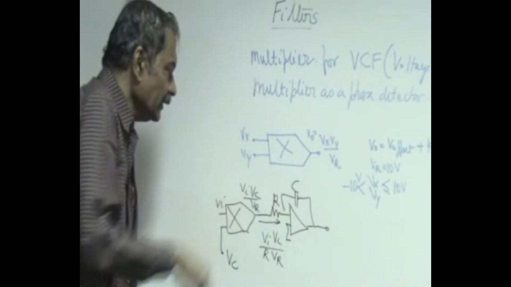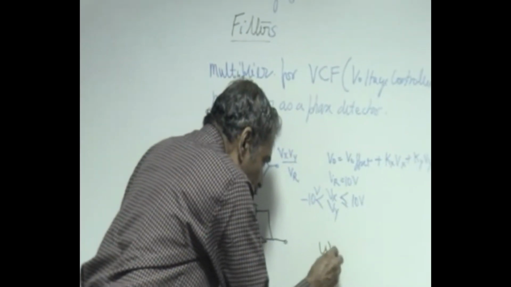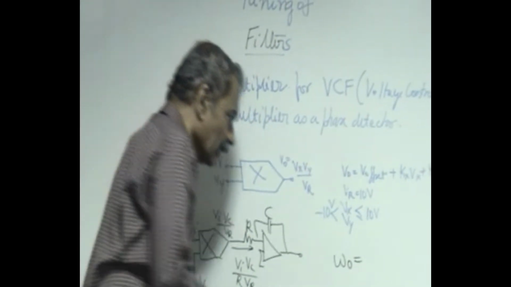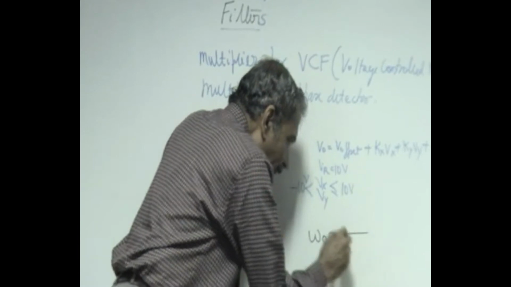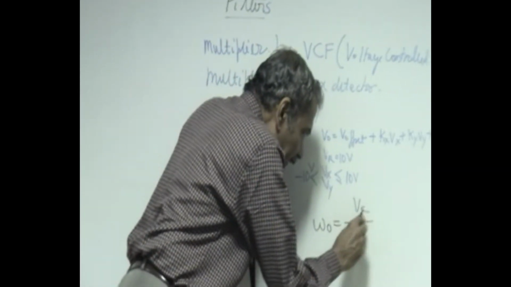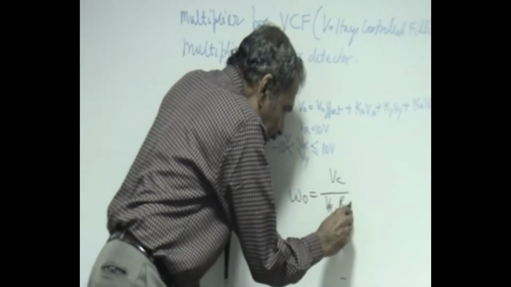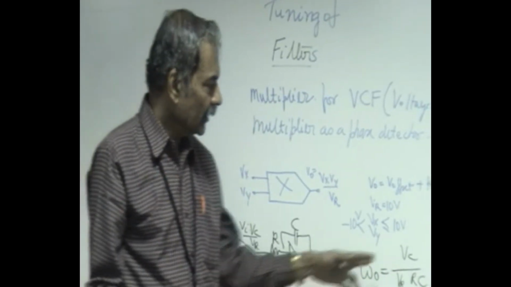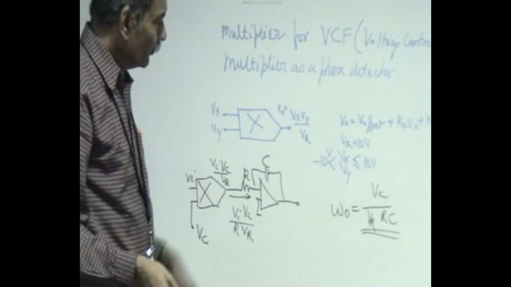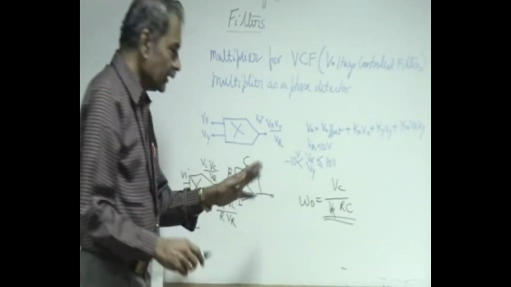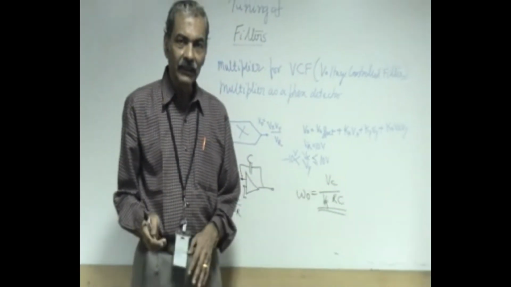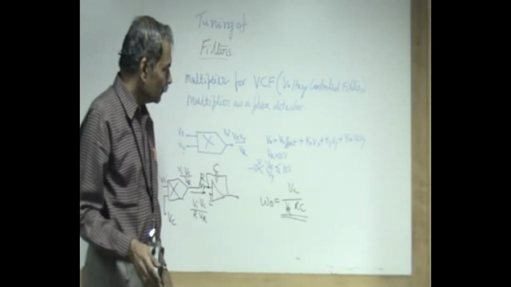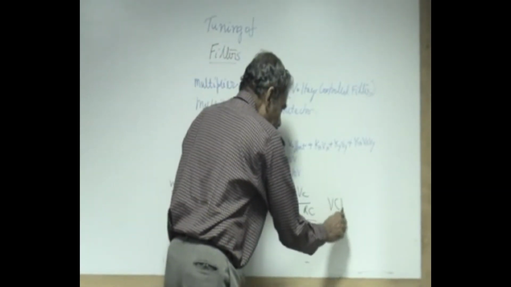So we can replace, in our previous design, the omega naught of the filter which uses the integrator. Omega naught changes from 1 over Rc to Vc by Vr times Rc. That means omega naught becomes directly proportional to the control voltage. Q remains as such. Both integrators have their time constant controlled by Vc, and therefore omega naught is voltage dependent. That's how we get a voltage controlled filter.